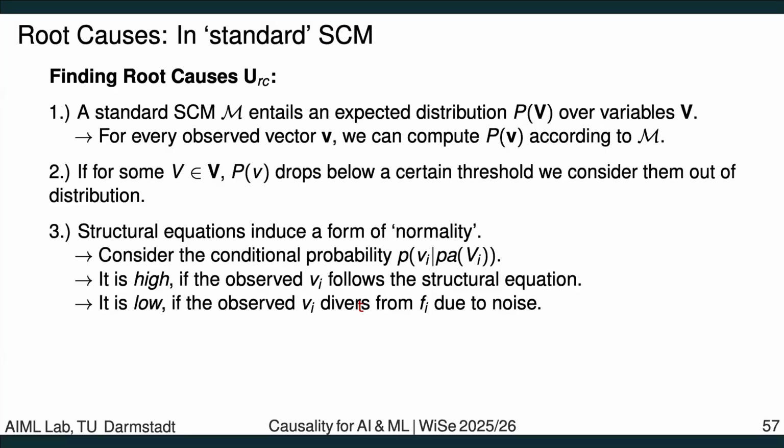And I have some unobserved noise variable that, for example, is added at the end, which then really throws off the value I observe. So really what I do is I take all the parent variables, compute the expected outcome of my variable, and then compare with what I actually see. And if it's too far off, according to the distribution of my structural equation, then I conclude that it's the noise term that I don't see that led to this problem or this low probability situation.